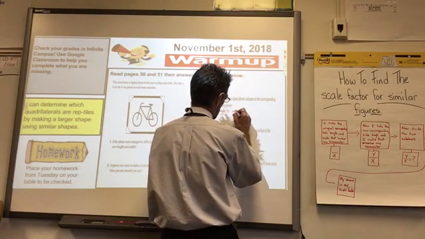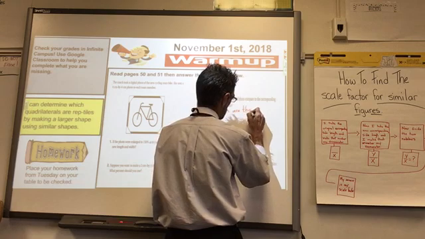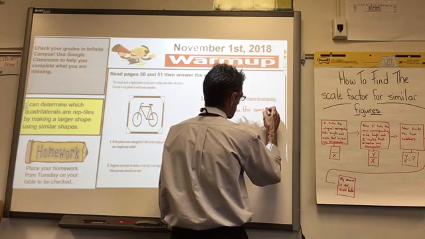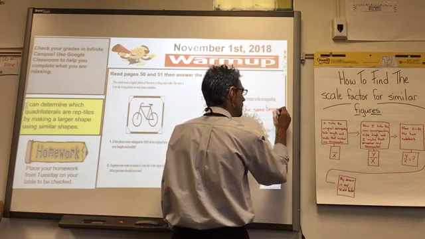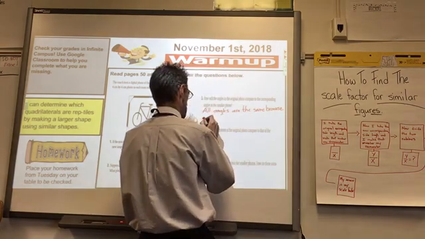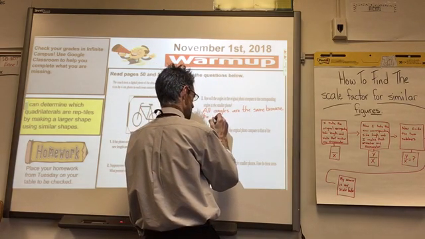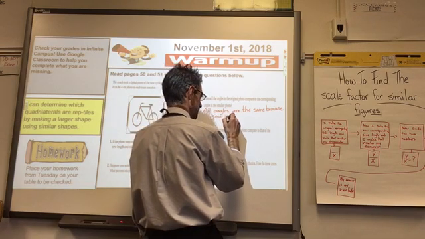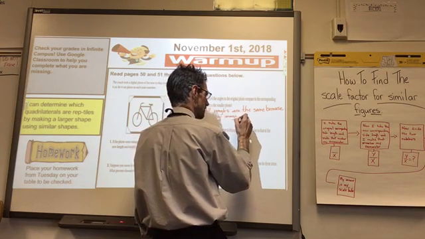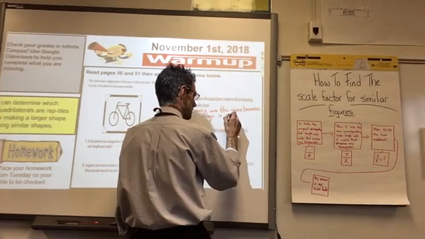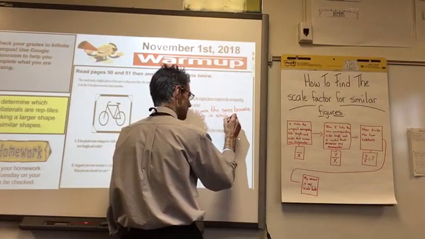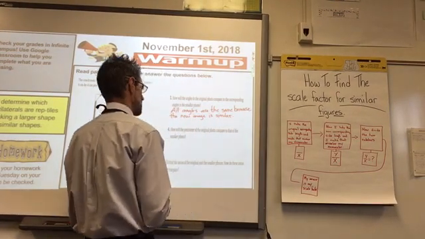Okay, so 3, I said they will be, and then for number 4, the perimeter is 200% bigger than the smaller photo, because if you multiply both the sides by 2 smaller,